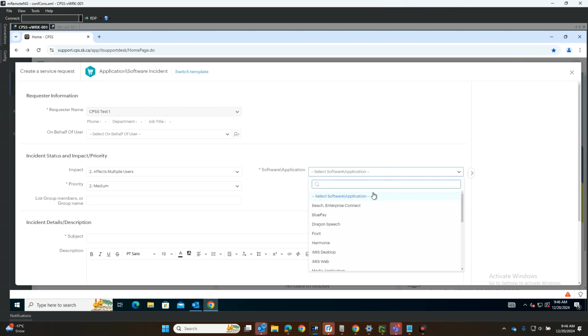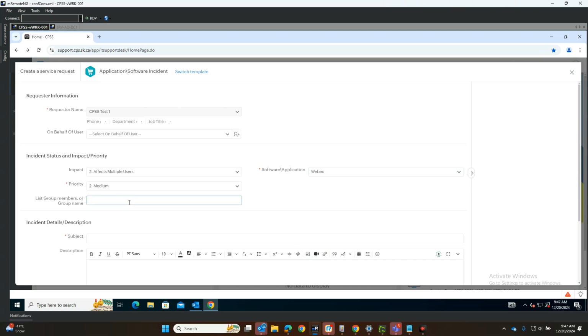And we will actually go in here and just select something. Select WebEx, and then I can either type the name of people that it's affecting or the department or group of people. So we'll say myself, Clint, Carol, and Boozer,